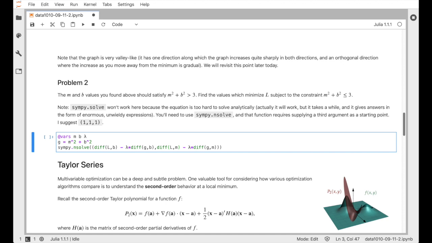And now we have 3 variables, m, b, and lambda, in 2 equations. So we need another equation if we expect there to be a unique solution. And we remember that in fact g needs to be equal to 3. So we do g minus 3 there. And we're going to be solving with respect to m, b, and lambda. And the problem suggests we start at 1, 1, 1. It doesn't matter that much. It's going to find the right answer for most starting points. There are a few places where you could start it that it would get stuck, but